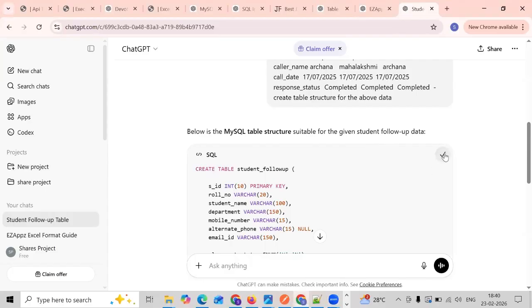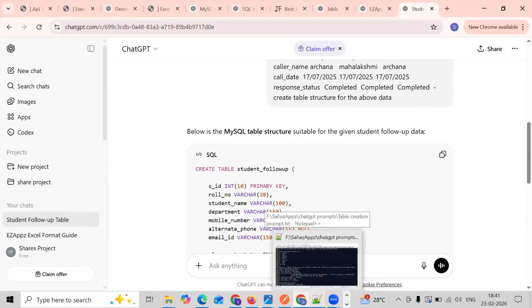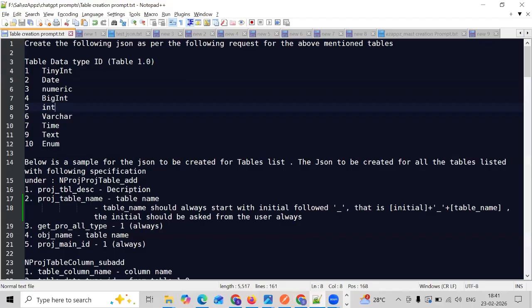Okay. So let it be like that. Before that, we need to go to the table creation prompt. What does this prompt mean? A prompt is a set of instructions which helps ChatGPT to do a particular work. So we are instructing ChatGPT to create this table structure in a required format, and that required format